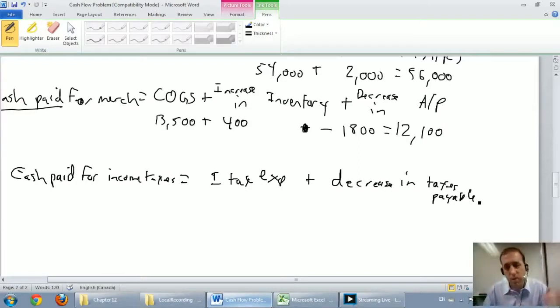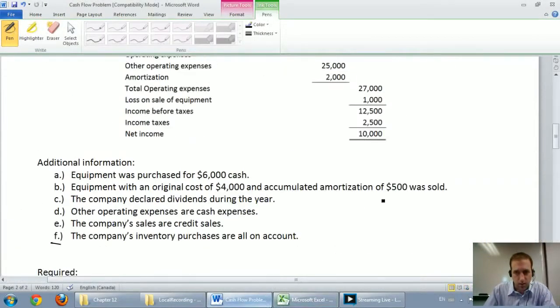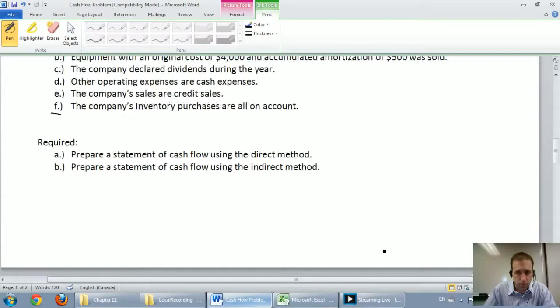And the reason it's plus decrease in taxes payable is because if taxes payable goes down, it means we're paying more of our taxes off, right? If taxes payable goes up, it means we're keeping the money in our pocket. We're not paying our taxes and we're keeping the money. So the calculation then is our income tax expense, which was $2,500,